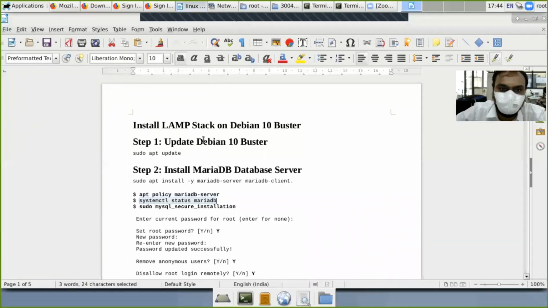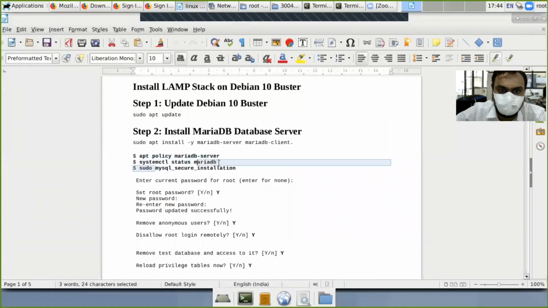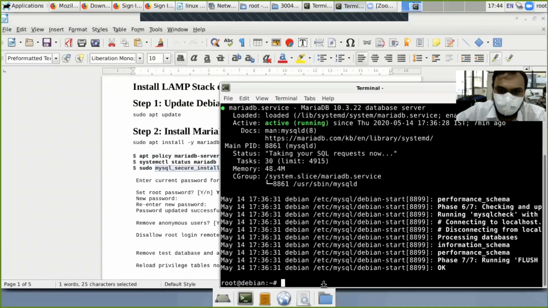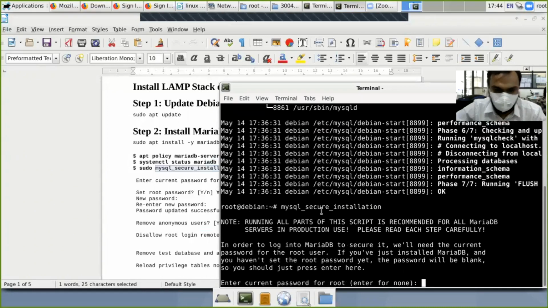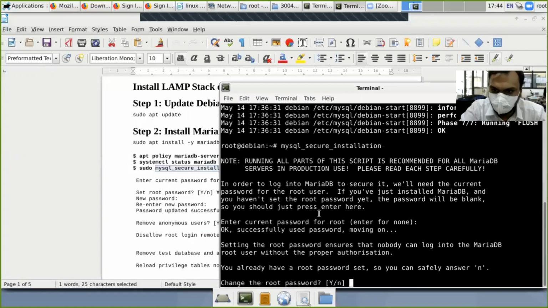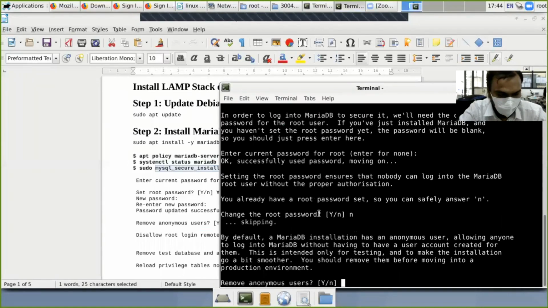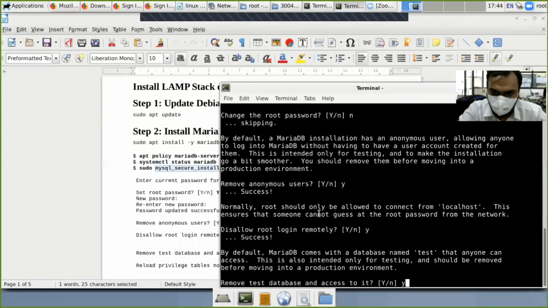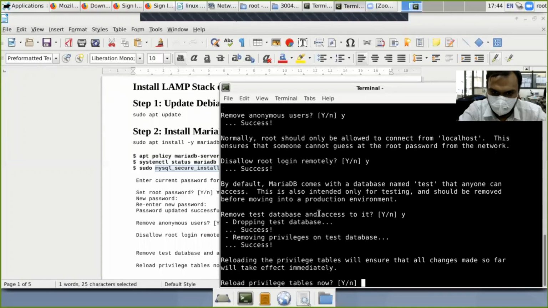Then check for the secure installation. Copy it and paste. It will ask for the root password, and it will ask whether you want to change the password. I have selected no. Now remove the anonymous user, remove the test database, and reload the privileges table.